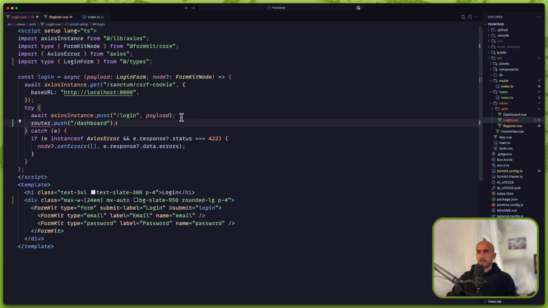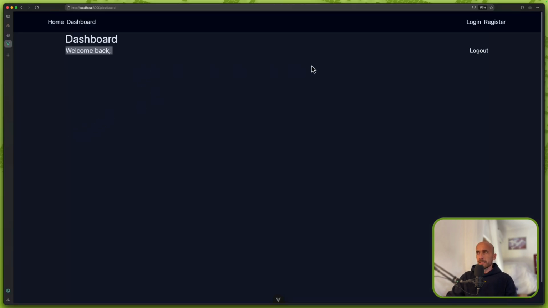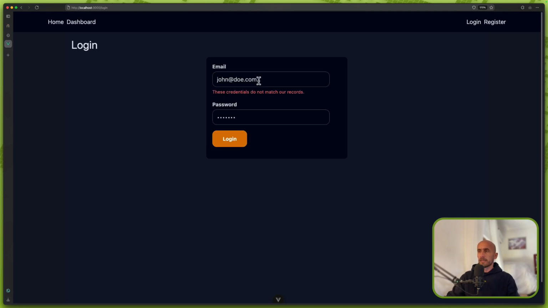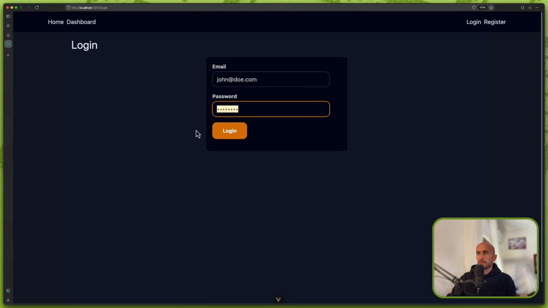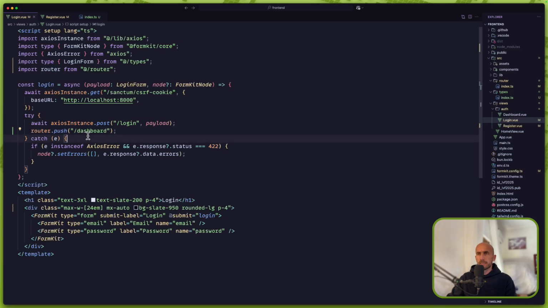Let's copy and do the same thing on the login. Paste it here. We need to import the router also in here. Let's save and let's try now. Let's come here, go to login, say john@doe.com, add the password, hit login. Okay, so now if I go to dashboard, yeah, we are here, so let me just check again. I said dashboard, router push,